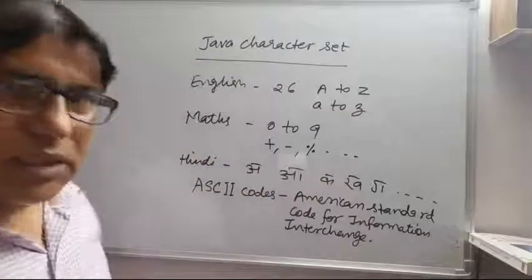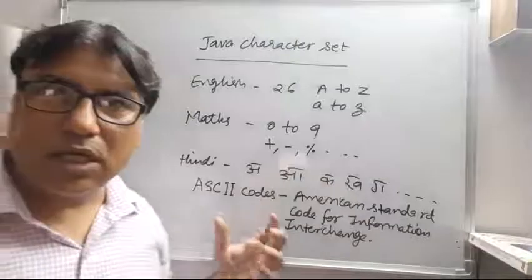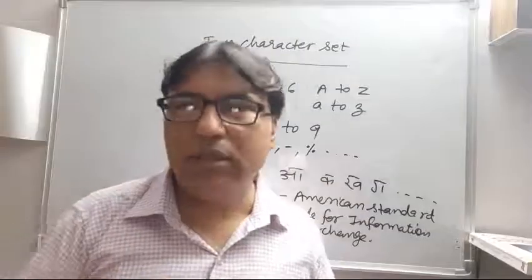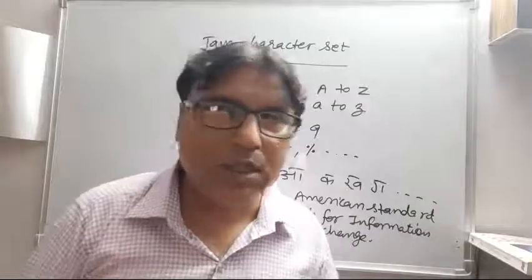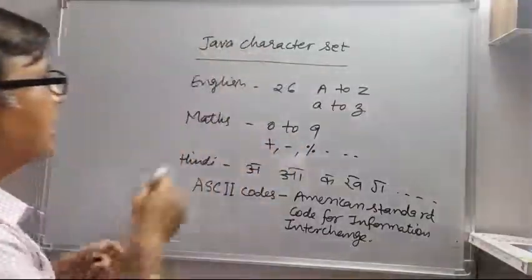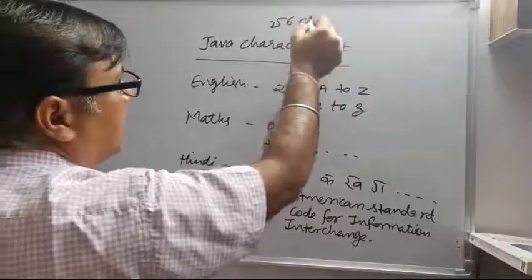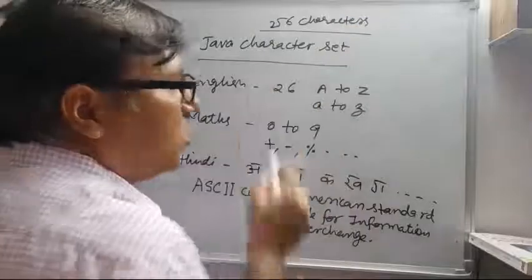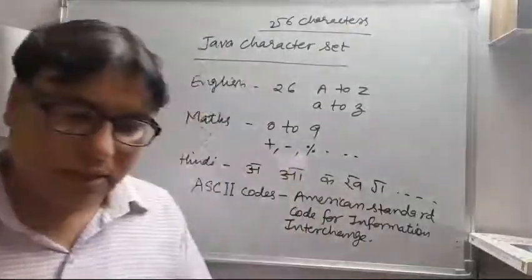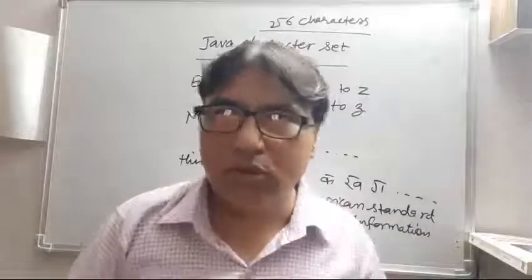So these are the correct codes. They are known as ASCII codes, which include all the characters that are used in the Java language. So what are these? These are up to 256 characters,